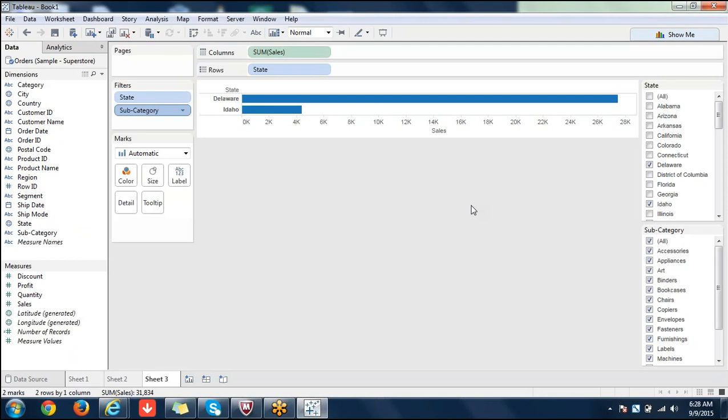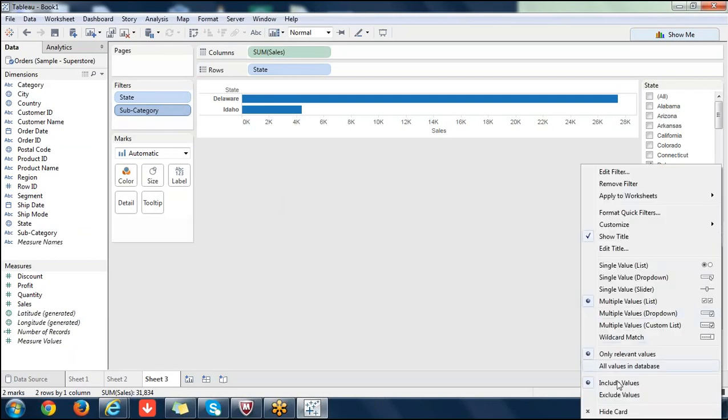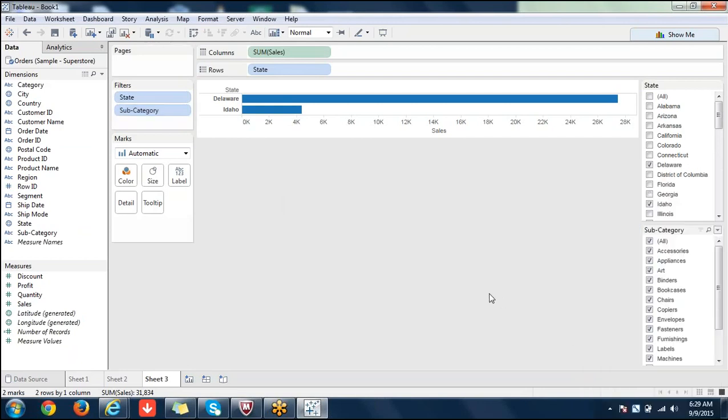When there is no relation between them, then there is a big difference. It's only a look and feel difference again. And while developing, you don't add any filter to context, and you come here and say add only relevant values. That is a way to create a cascading filter. And when you say all values in context, that is a text filter.